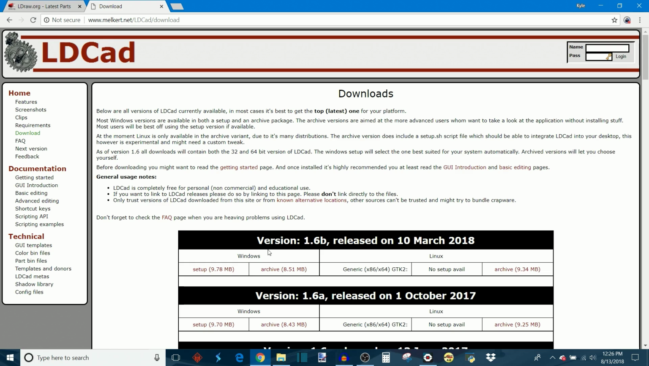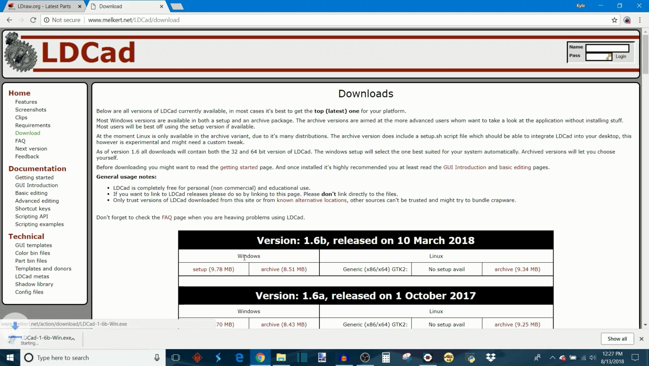You have the option of either Windows or Linux, and depending on your operating system, for most people you're going to want the Windows Setup installer. You don't really need to worry about the archive. It explains what the difference between setup and archive is up here. But for my application, and most likely for your application, you're going to want the setup version of the Windows installer. So after clicking on that, it's going to download the installer, and then click on it when it's done,